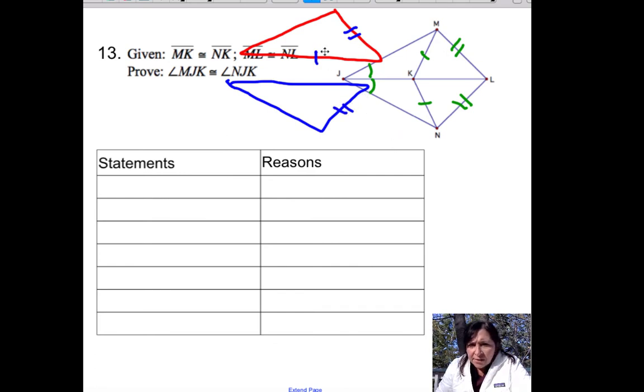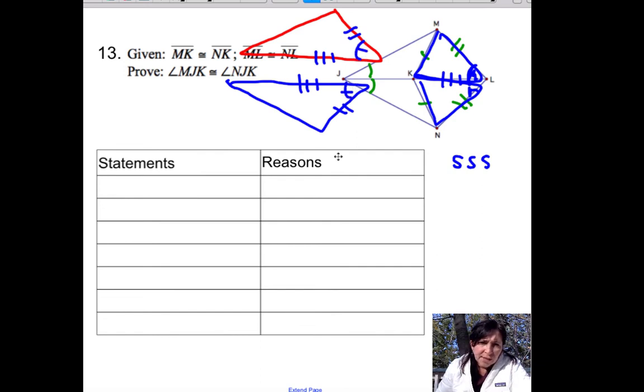I do know this side is going to equal itself because it's the same length. Now, if I can prove that this triangle here is congruent to this triangle here, and they are, because that's going to be side, side, side, then the parts are congruent, and I can say this angle is congruent to this angle. And if that angle is congruent to that angle, that would mean the two triangles are congruent